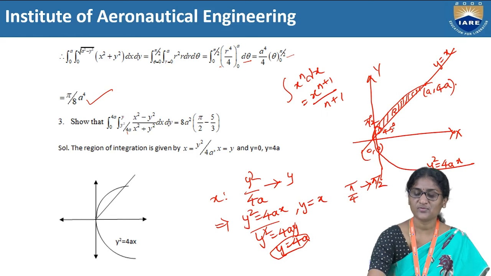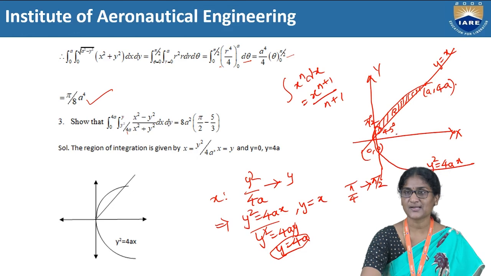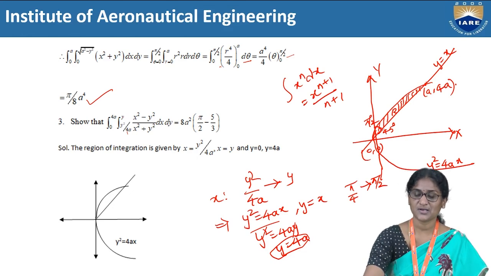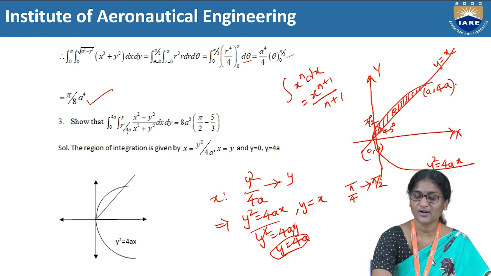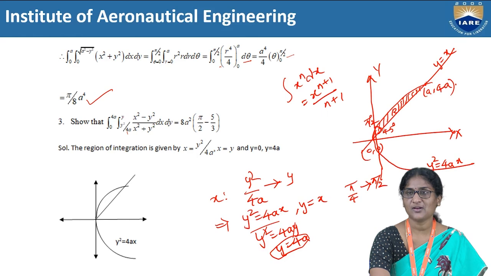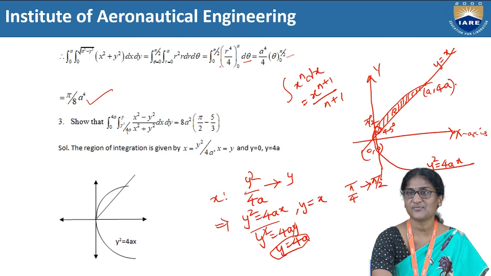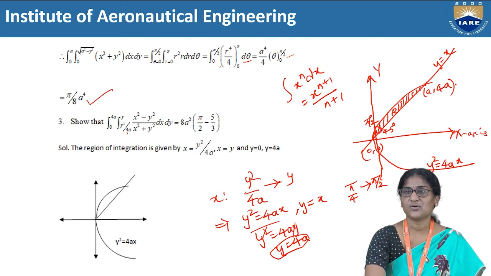But now we have to work out from where to where, to which angle the shaded part is represented. Here theta is equal to 45 degrees, because the line passing through the center always makes an angle of 45 degrees with the x-axis, as this is the x-axis. That is why I have given 45 degrees, and up till here the region is extending, therefore I have given theta is equal to pi by 2.